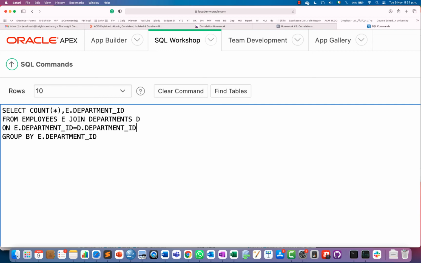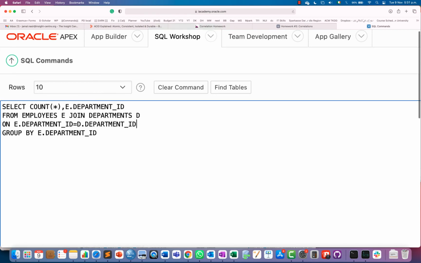Okay, and obviously this will bring the same results, but we don't want to print department ID, we want to print department name. Okay, but this is only possible if this department name is part of the group by statement. So we can change this thing